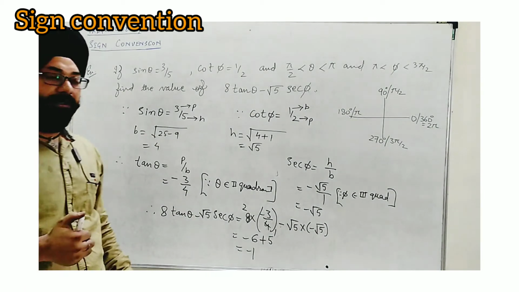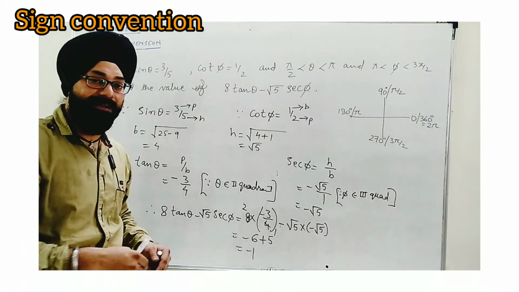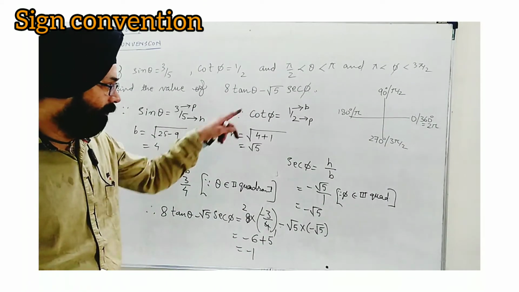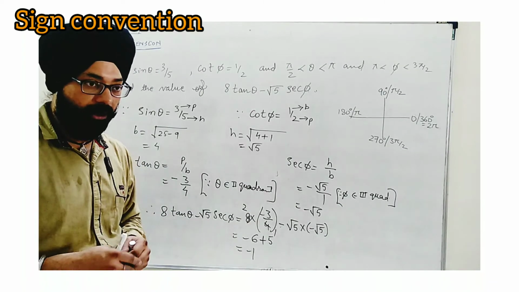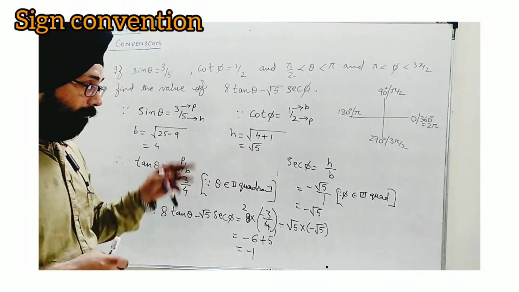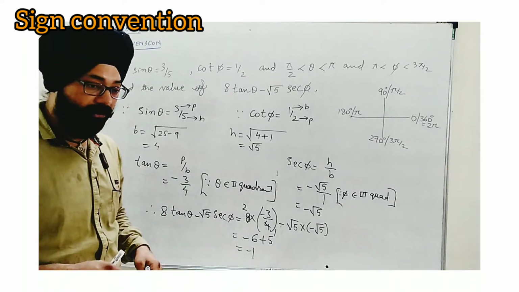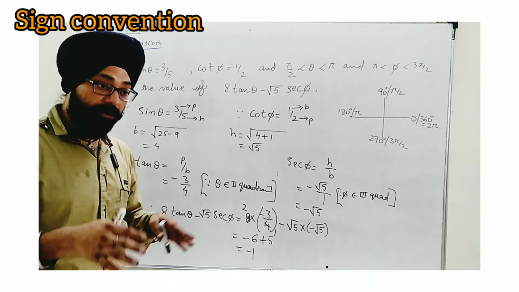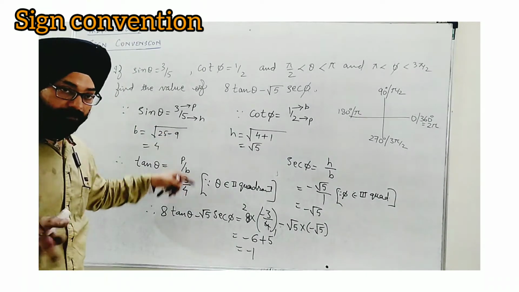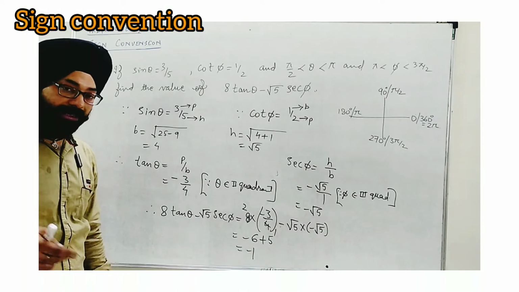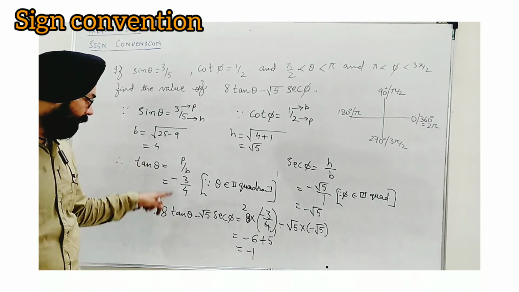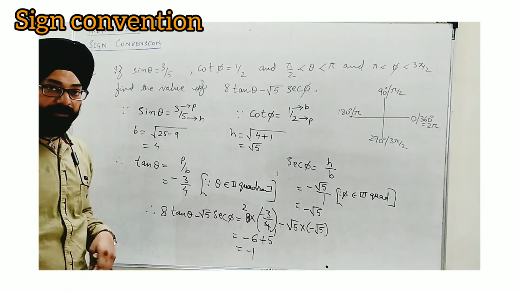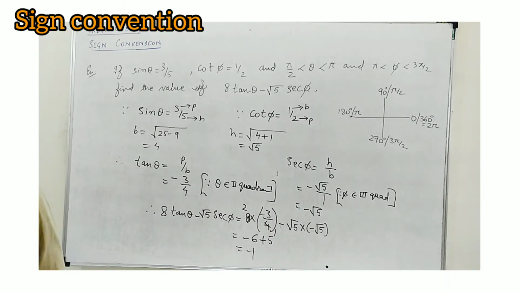So we find one thing that wherever such a condition is needed, you are assigned one condition that the angle lies in particular quadrant other than first quadrant. As we know, in first quadrant all functions are positive, but in rest of the quadrants their nature may change. So that's why whenever such a condition is given, then we have to be alert. Otherwise we are following the same conventional method only from 10th standard to find the value of functions. Only change we are having is sign according to quadrant. Okay, I hope you have understood the sign convention. Now we will see next.